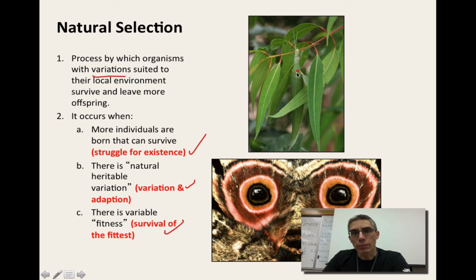In this case, I believe this is a katydid that you see in this picture. If you notice, this animal has adapted to its environment in terms of the way that it actually looks. Because if you notice, it's really hard to pick out the insect in this picture, because over many generations, those